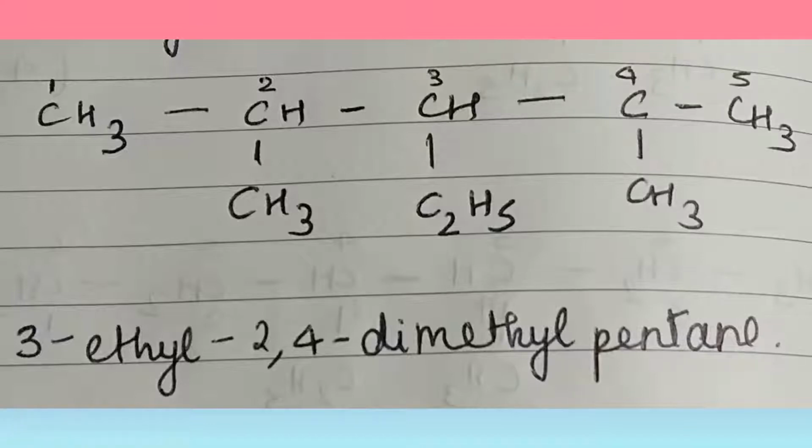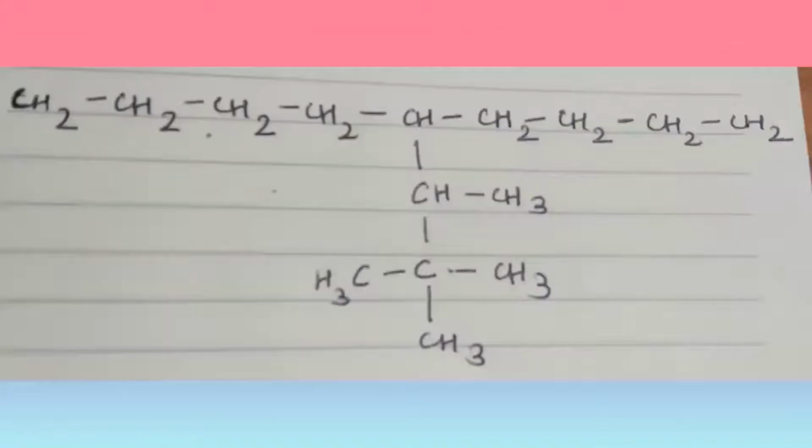Please remember, you have to be very careful when you're writing these names on paper. Whenever you're writing 2 locants, like 2,4, don't forget to write the comma between 2 and 4, because that's another mistake for which you don't get marks. Otherwise it becomes 24 dimethylpentane. That's why it's very necessary to put a comma between them. So there are 2 main things here: hyphenating the number and the alphabet, and always putting a comma between 2 consecutive locant numbers. Now coming to our next example.